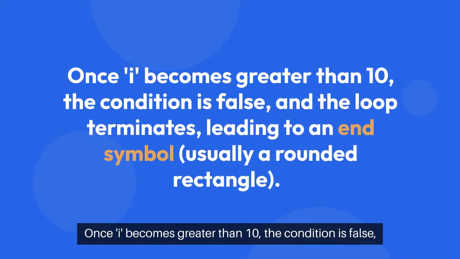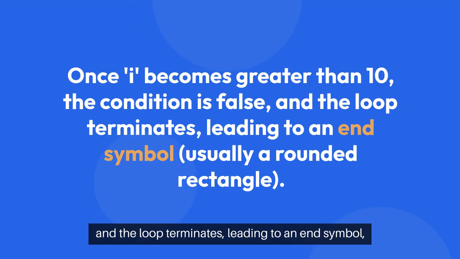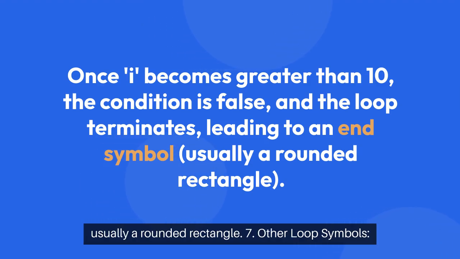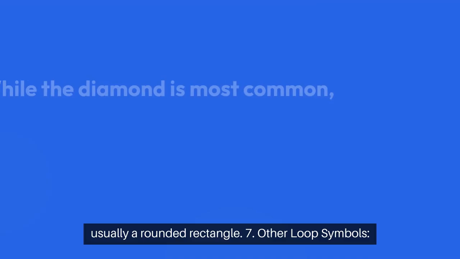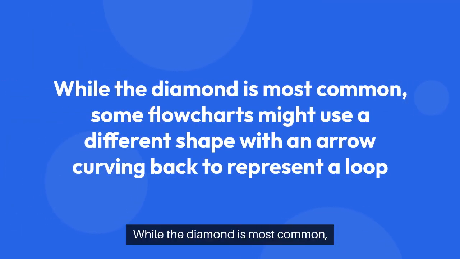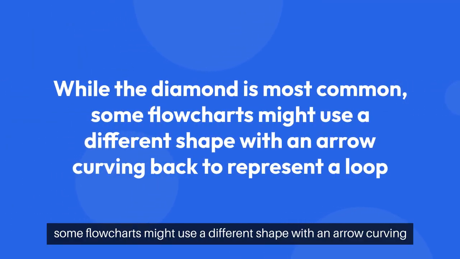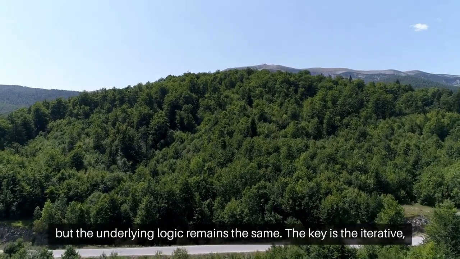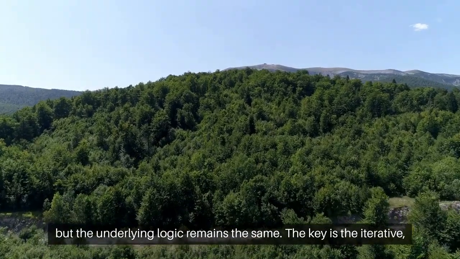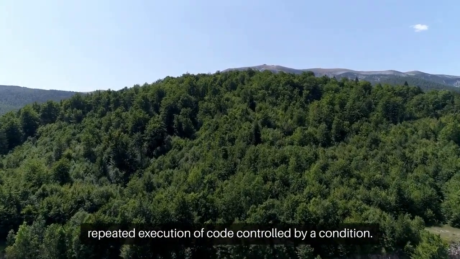Once I becomes greater than 10, the condition is false and the loop terminates, leading to an end symbol, usually a rounded rectangle. 7. Other loop symbols. While the diamond is most common, some flowcharts might use a different shape with an arrow curving back to represent a loop, but the underlying logic remains the same. The key is the iterative, repeated execution of code controlled by a